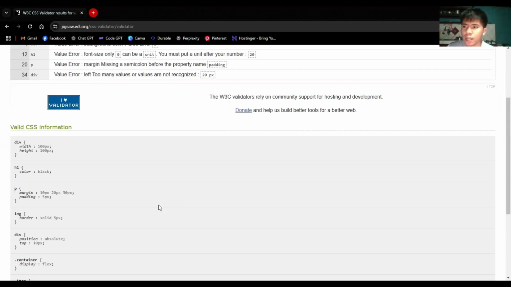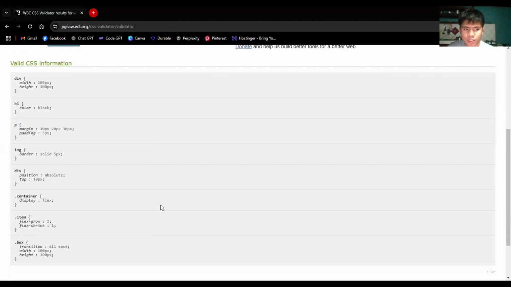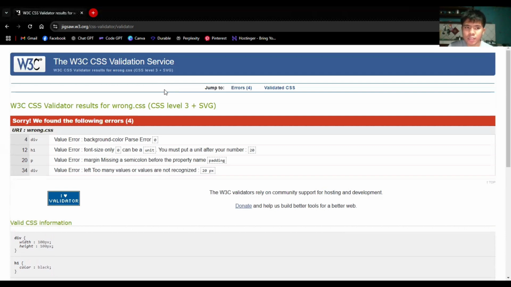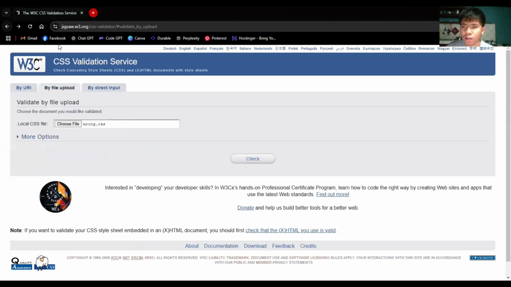Then the CSS validation, or the W3C, suggests the updated code under the below part of this website. So as you can see, it suggests the correct CSS. So we will upload the correct CSS of that wrong CSS.